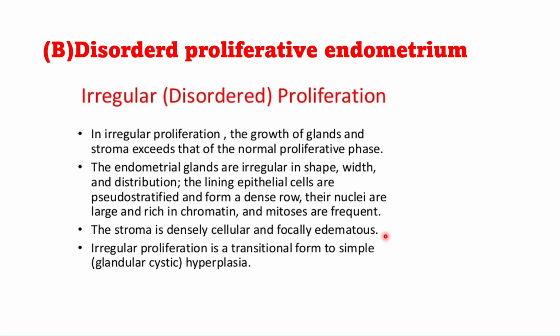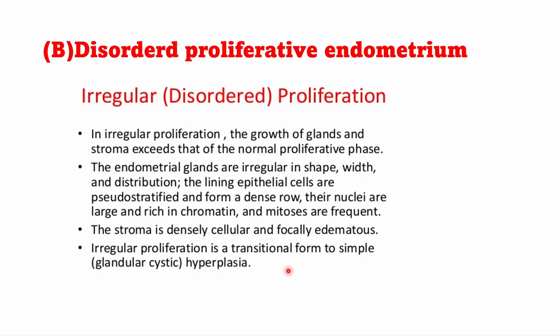Now let's discuss disordered proliferative endometrium. As the name suggests, there is irregular proliferation. Here the growth of the glands and stroma exceeds that of the normal proliferative phase. Glands are irregular in shape, in width and distribution, and the lining epithelial cells are pseudostratified and form a dense